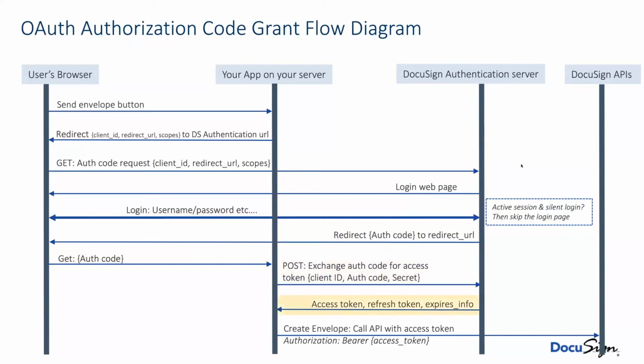So now you've got the access token, and along with the access token, you get a refresh token. We'll discuss that in our advanced topics class. And also you get information on when the access token will expire. But I'll tell you right now that it's virtually always the case that DocuSign access tokens last for 8 hours. At this point, your application has what it needs. It's got an access token.